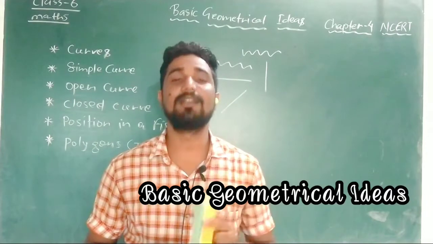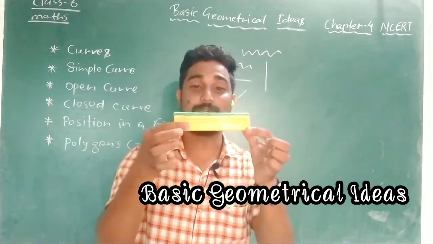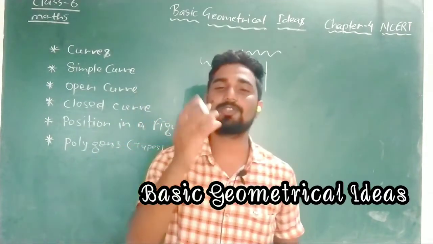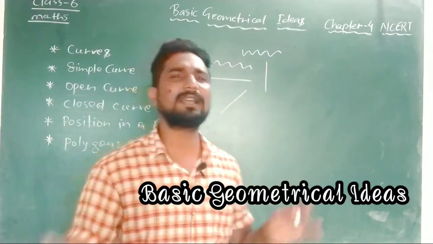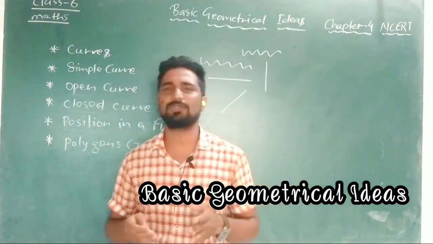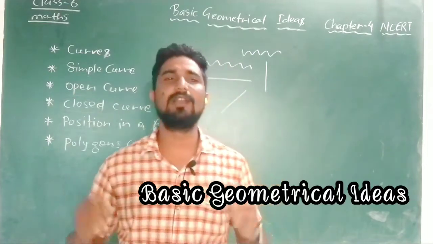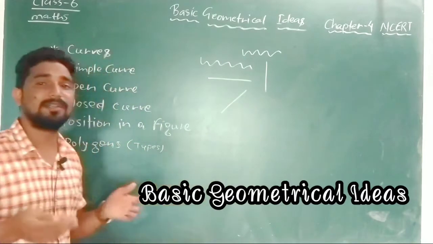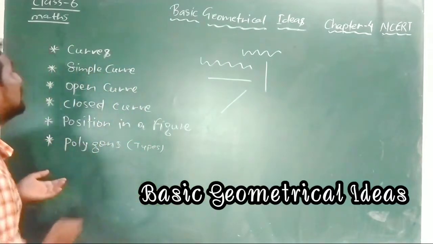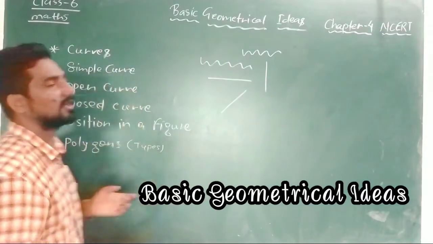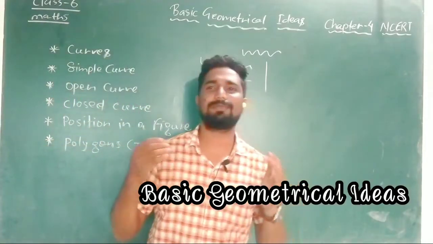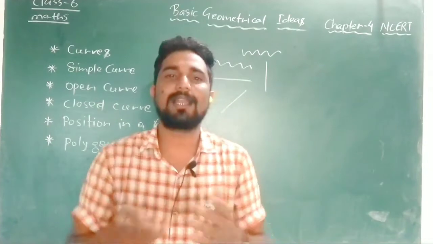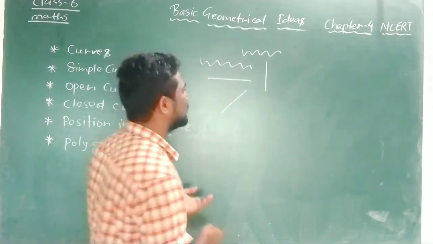If you talk about the structure of this eraser, it has a geometrical shape. If you talk about this chalk, this also has a geometrical shape. There are several diagrams: rectangles you have seen, cartons you have seen, boxes you have seen, many things are there. They have their geometrical shapes. So in this simple curve, a curve picture or figure or image or diagram which is simple is called a simple curve.